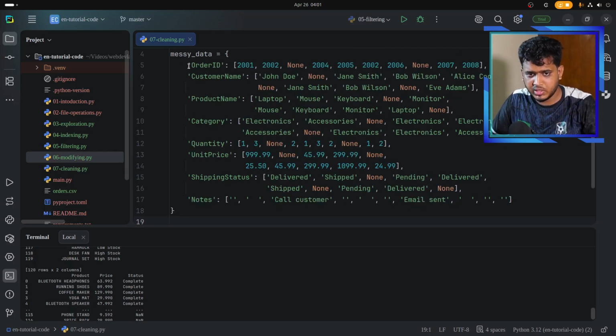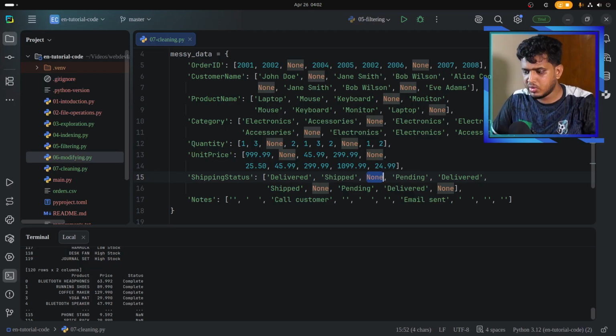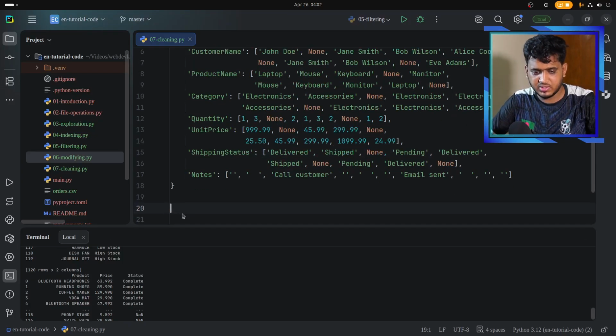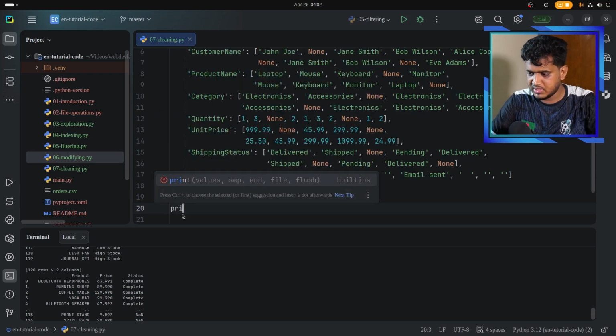In messy data we have order ID, we have duplicate values, we have None, we have empty strings like this, and we have None. Now let's fix this data and make it more readable and more organized. First of all, let's detect the missing values. In order to detect missing values, let's call this function, print